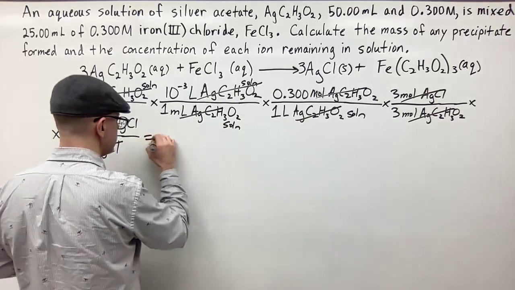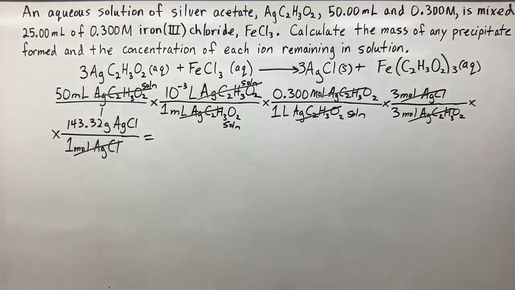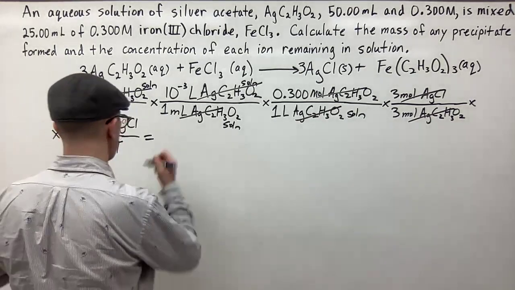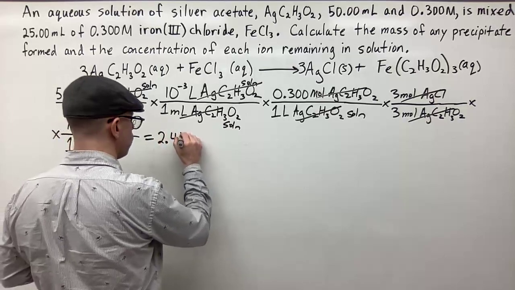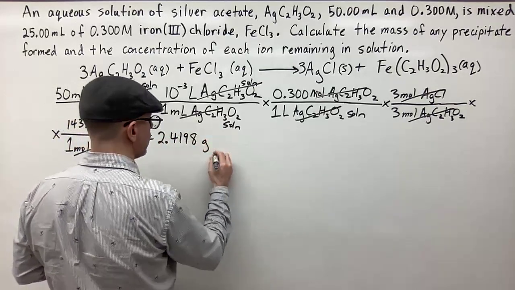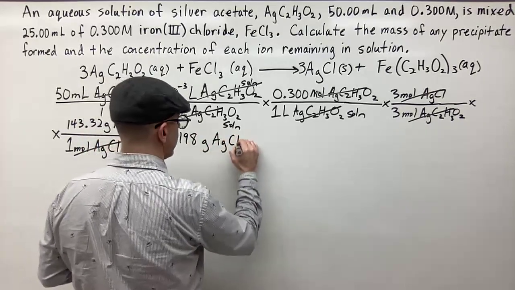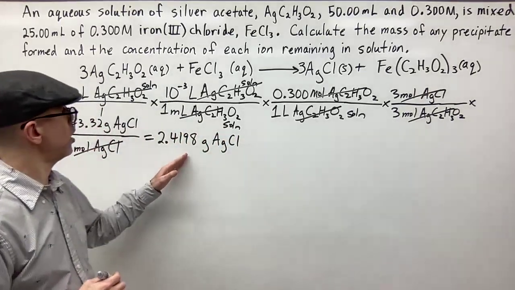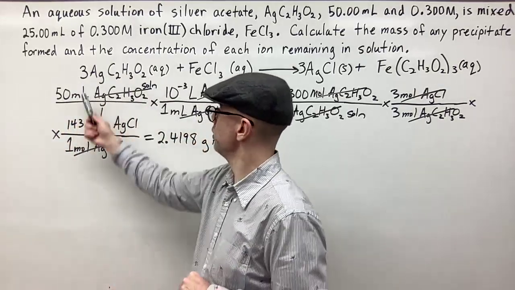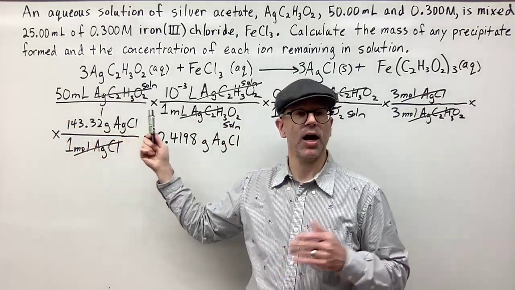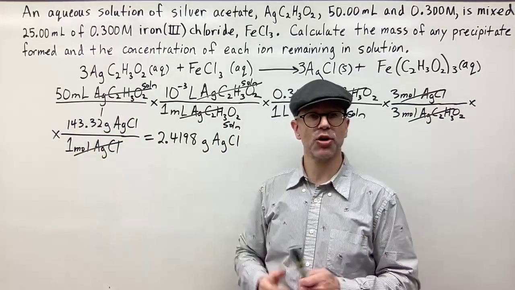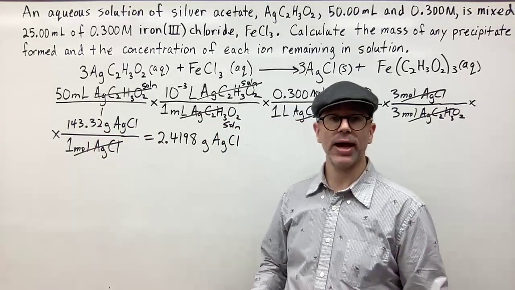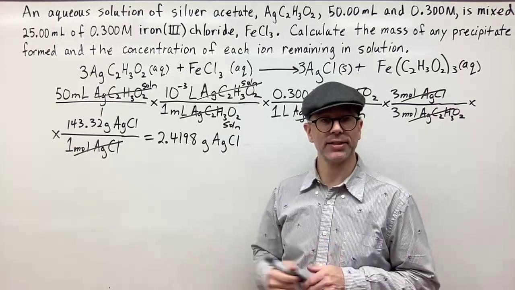And when I do that, I get 2.4198 grams of silver chloride formed from this amount of the silver acetate with 0.300 concentration. Okay, so now we have to do the same thing with the other reactant, the iron 3 chloride,